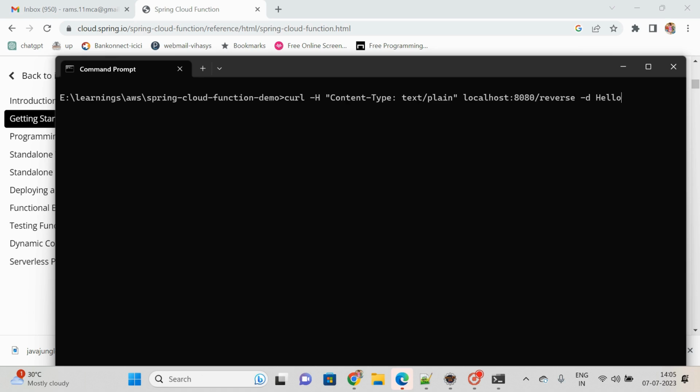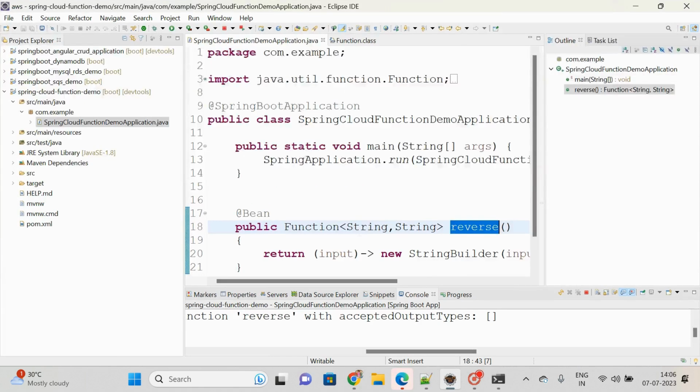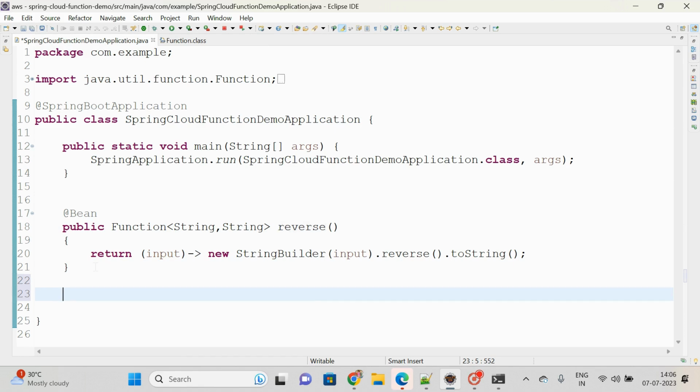Instead of hello, if I am passing java jungle, we are getting the output in the reverse order itself. So in this way we are able to run our application, and then I can expose my functions over HTTP itself. Okay, I hope you understand, right? And moreover, like this you can do as many as you want. It's not only with respect to this one,